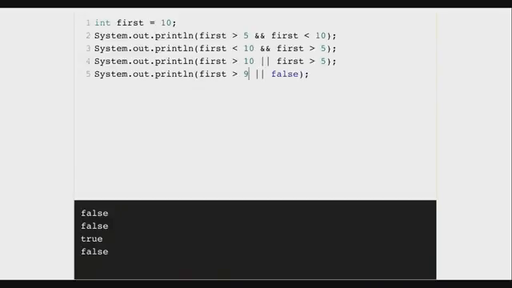Okay, I hear true, I hear false. So an OR is true if either part of it evaluates to true. So is first greater than 9? It is, it's 10. So that's true and I'm done. Once any part of an OR is true, the whole thing is automatically true. And one thing you can take advantage of when you write computer code in Java and other languages that have this feature is that